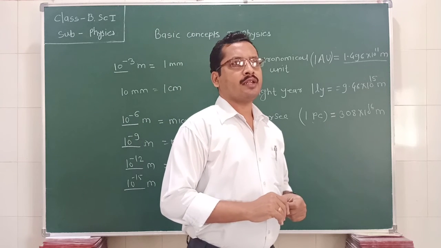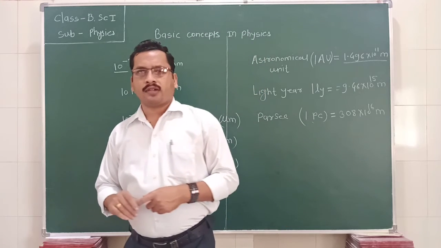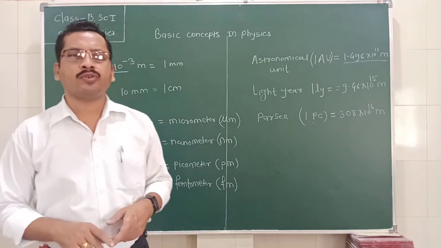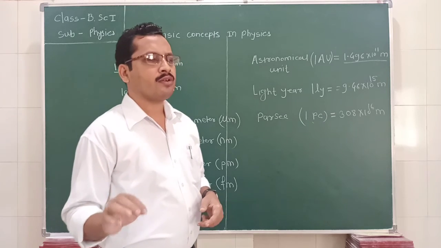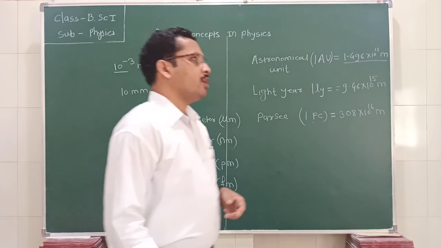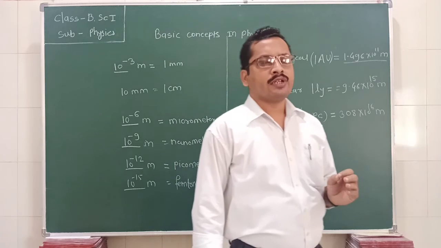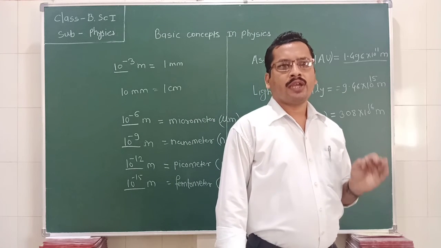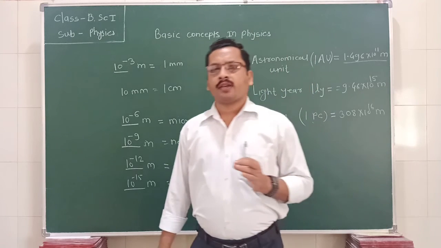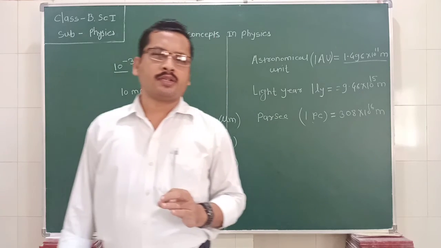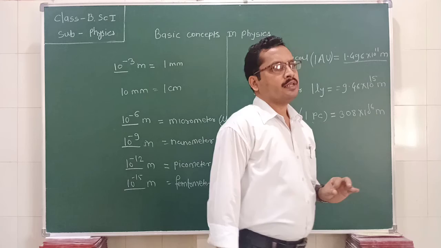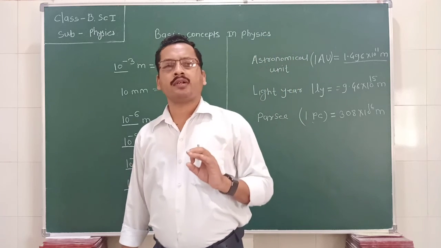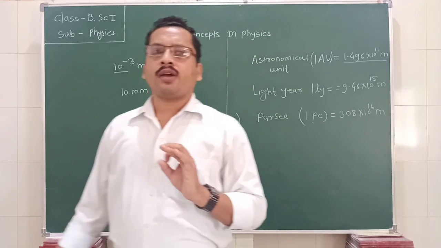Some faults arise during the measurements. So we need some standard to measure length. The standard used is a unit which is equivalent to the length of a rod kept at the laboratory of the